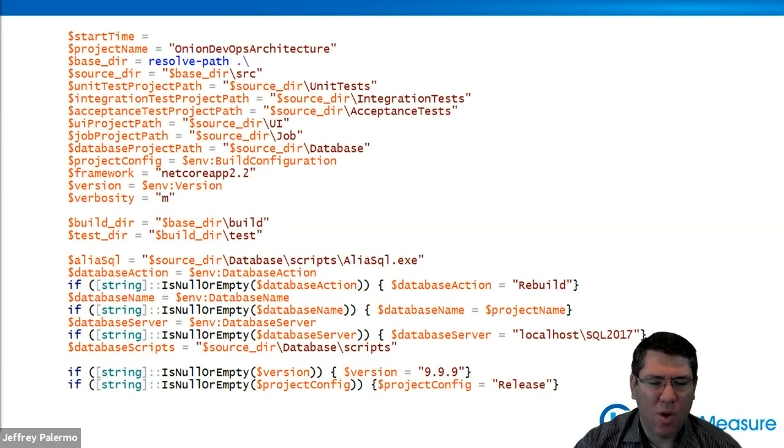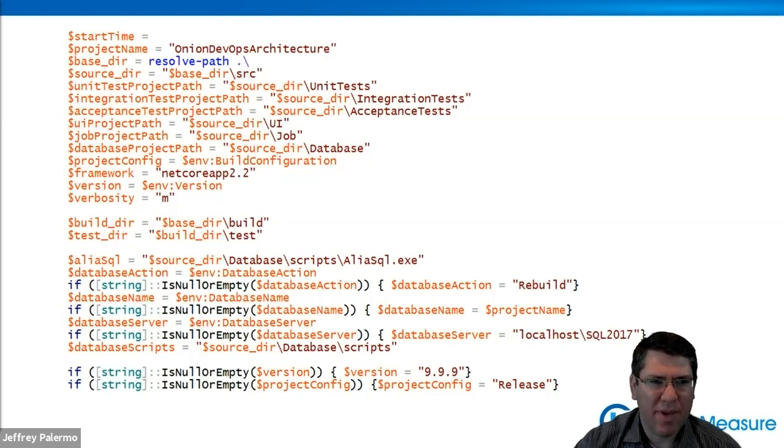And so over the years, we've pulled out the variables that change from application to application so that we're not reinventing a private build for every application. So the project name is also the solution file without the .sln, a path to unit tests, integration tests, a path to the acceptance tests that need to get packaged up for running on a fully deployed test-driven development environment, and the path to various key projects.